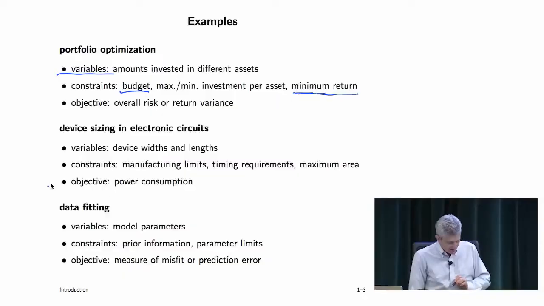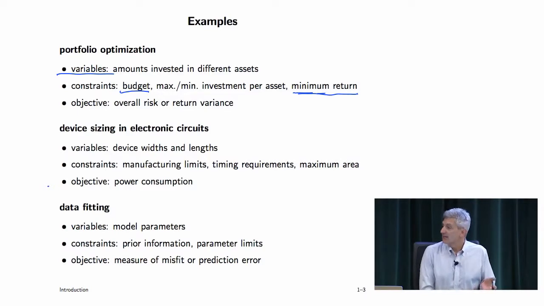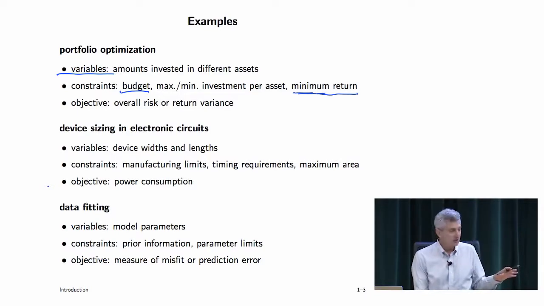Next one is device sizing. So I guess that's going from conceptual and virtual to physical, right? So here the variables are the device widths and lengths. All of you have lots of electronics on you right now. All of it was at some point designed by someone, and in particular, the widths and lengths of all the devices were chosen, right? The lengths, in digital circuits, are often chosen to have the minimum possible value for that technology. Actually, not always, but usually.